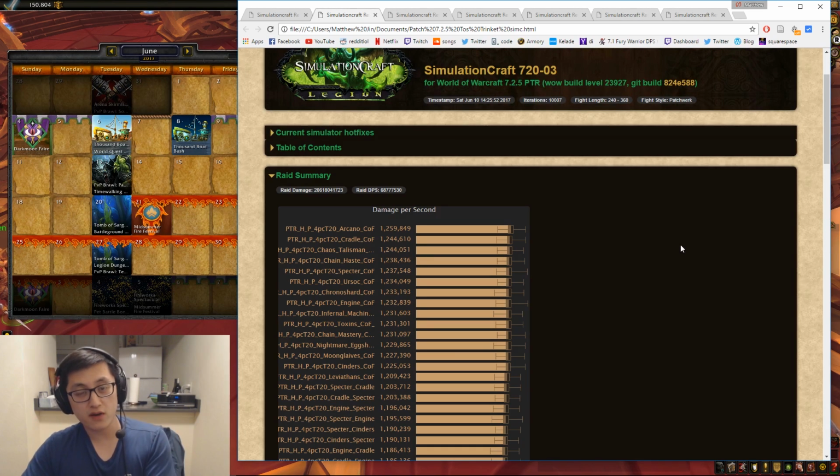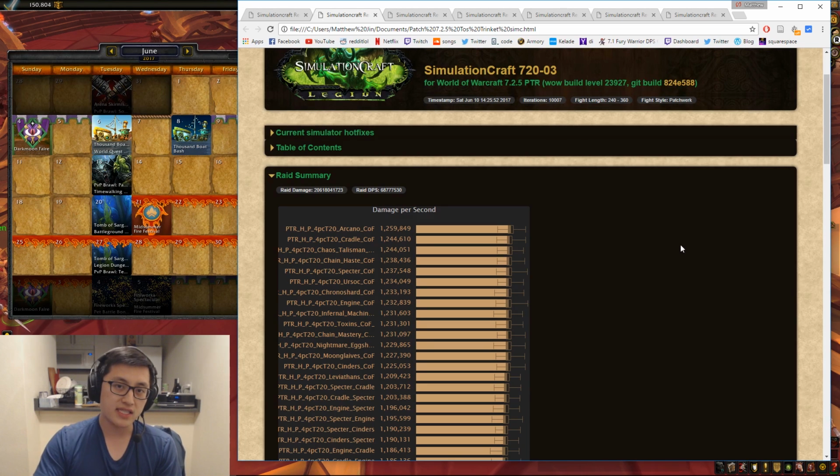Now, I hope that was helpful for you guys in trying to figure out what gear you should be wearing the instant patch 7.2.5 comes out, and also what gear you should be going for even when 2 more sets of gear come out. And of course, like I mentioned, the links for these sims will be down in the description